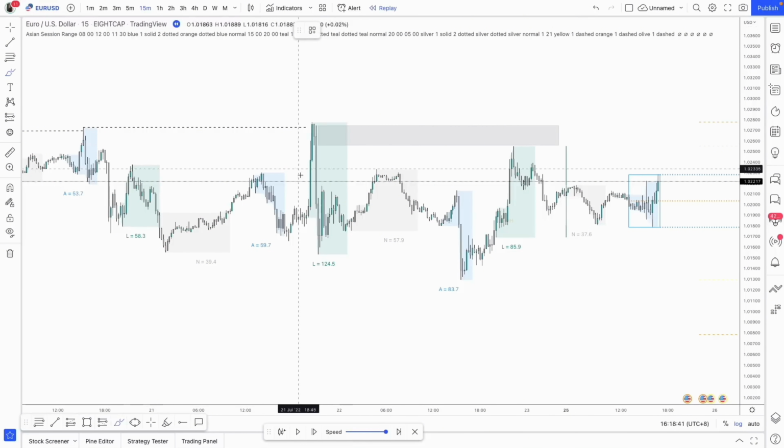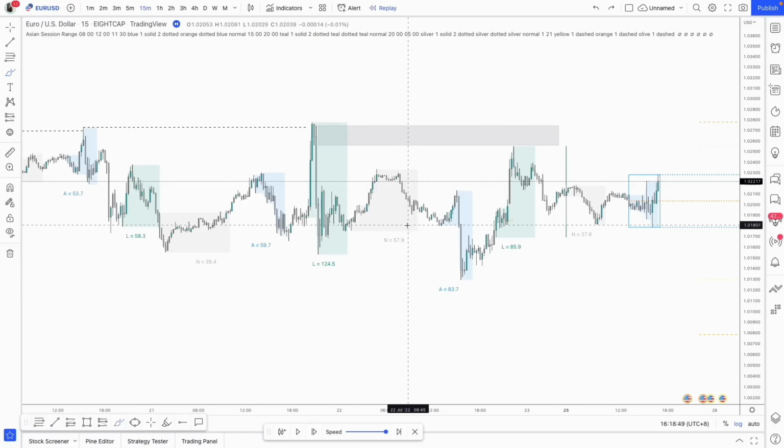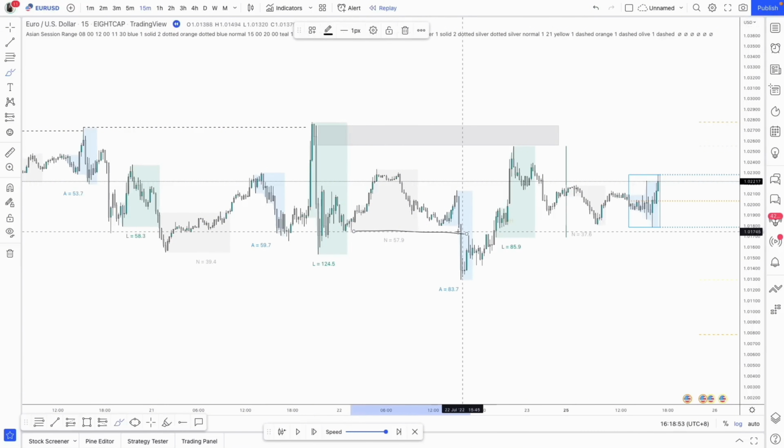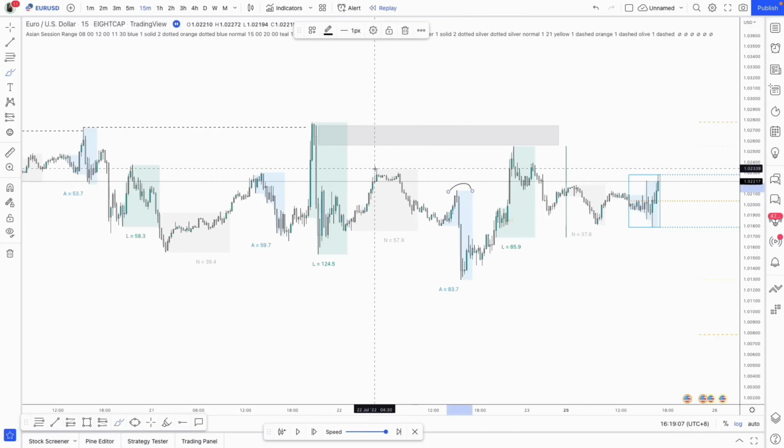So after the London session, you can see New York starts retracing, doesn't take out the high and doesn't take out the low, which usually means that both the high and low of New York will be liquidated. As we can see, the day after, Asia liquidates the lows. Now, usually when Asia isn't representing a swing high, so it's in the middle of a range, likely it will get swept both sides. So you can see that we sweep the highs and we sweep the New York highs